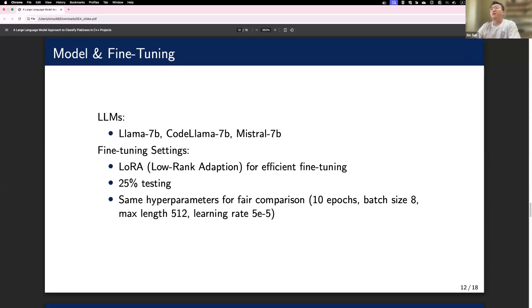It's the same as the setup used in Flaky Cat, so that our results are directly comparable with theirs. All the models were trained for 10 epochs with constant hyperparameters: batch size 8, max sequence length 512, and a fixed learning rate.